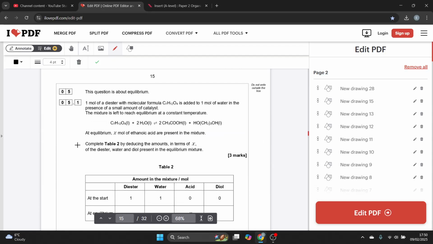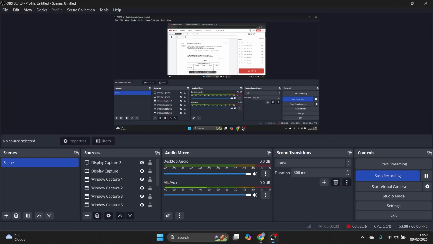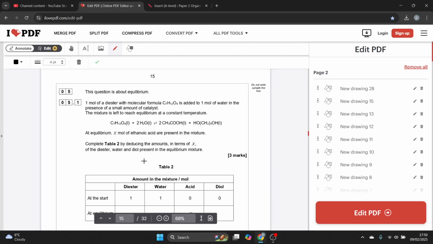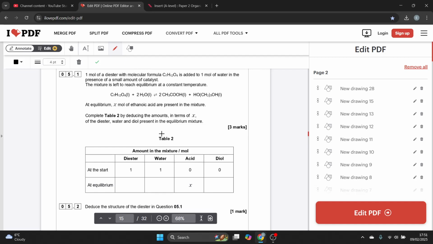And for question 5.1, it looks like an equilibrium Kc kind of question. 1 mole of diacetyl mercury, formula C7H12O4, is added to 1 mole of water in the presence of a small amount of catalyst. The mixture is left to reach equilibrium at a constant temperature. At equilibrium, X moles of ethanoic acid are present in the mixture. Complete table 2 by stating the amounts, in terms of X, of diester, water, and diol in the equilibrium mixture. So I've got X moles of